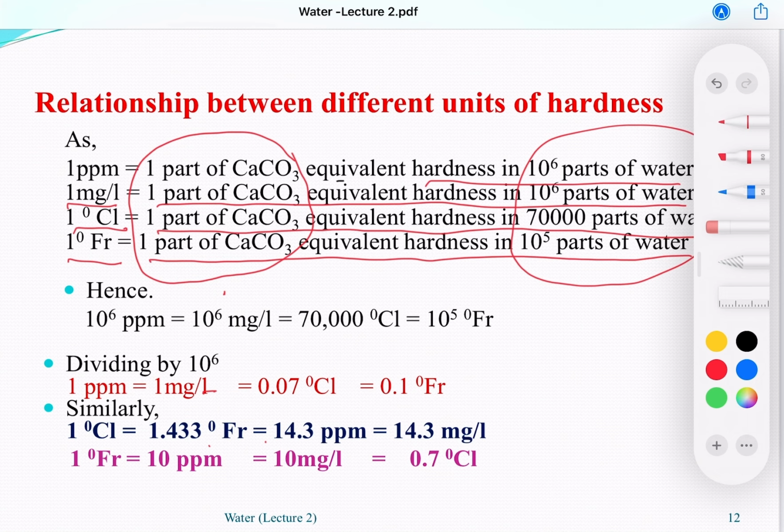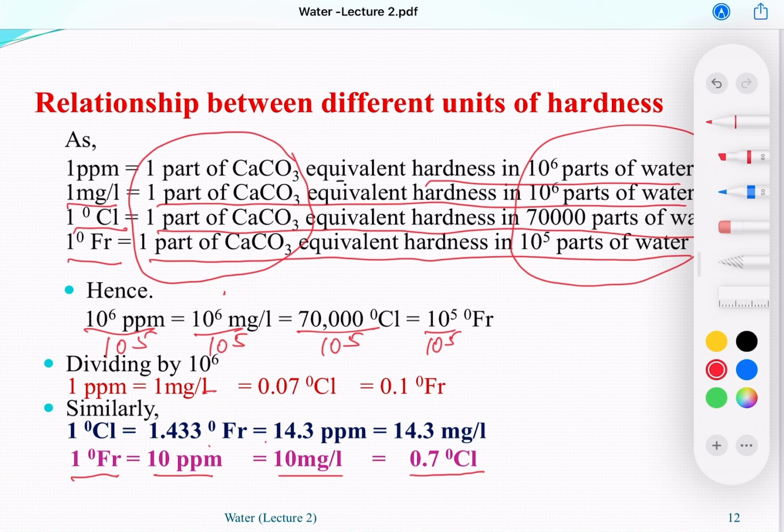Similarly, now if you have to find out 1 degree French is equal to how many of the other units, then in that case you will divide all by 10 raised to power 5, and when you divide it by 10 raised to power 5, you will have 1 degree French is equal to 10 ppm is equal to 10 milligram per liter is equal to 0.7 degree